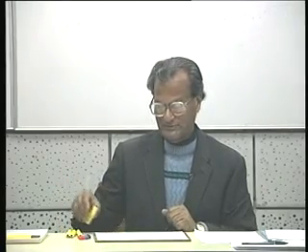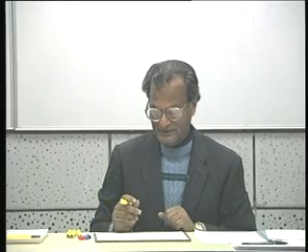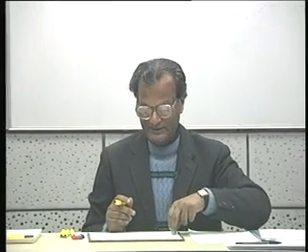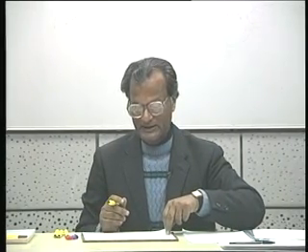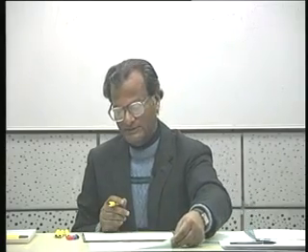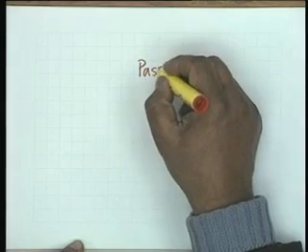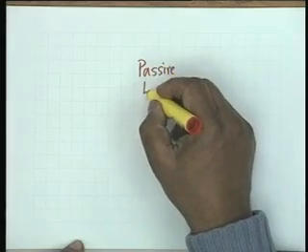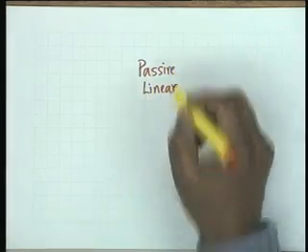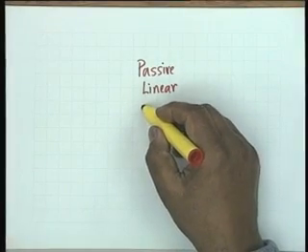Second lecture on circuit theory, and the topic is review of signals and systems continued. We did some in the last lecture and we ended up in the definitions of passivity, a passive network, and then we also discussed what we mean by a linear network. The next concept that we talk about is